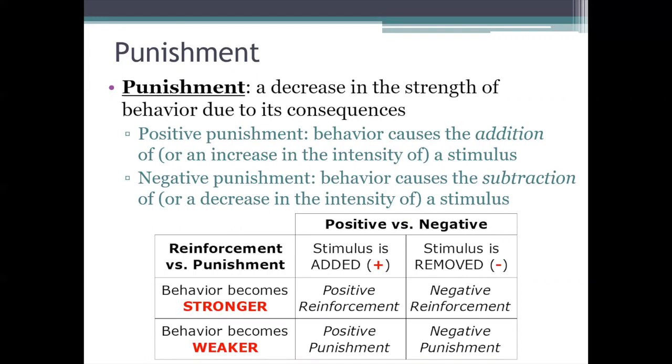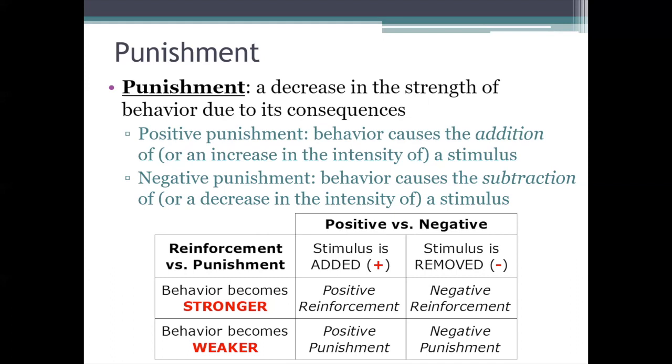So, if you do something that causes something aversive or undesirable to happen, or if you do something that causes something pleasant to not happen, and then you stop performing that behavior as a result, then we'd say that that behavior has gotten punished. And of course, depending on the nature of the consequence, we could classify that instance as a case of positive punishment or negative punishment.